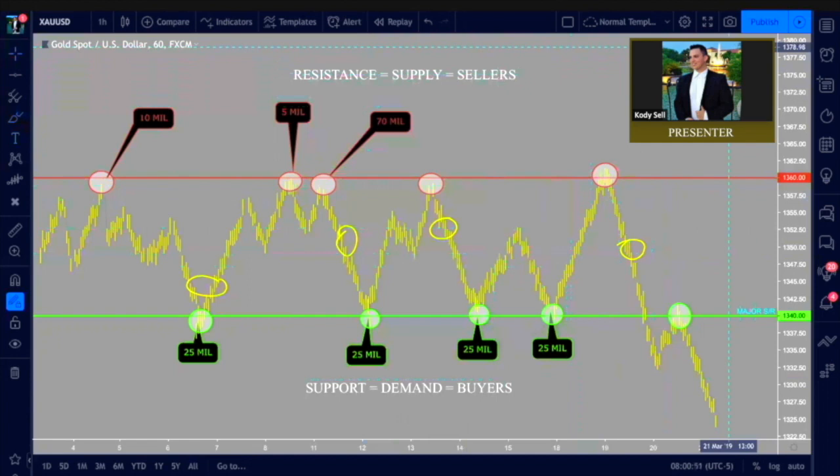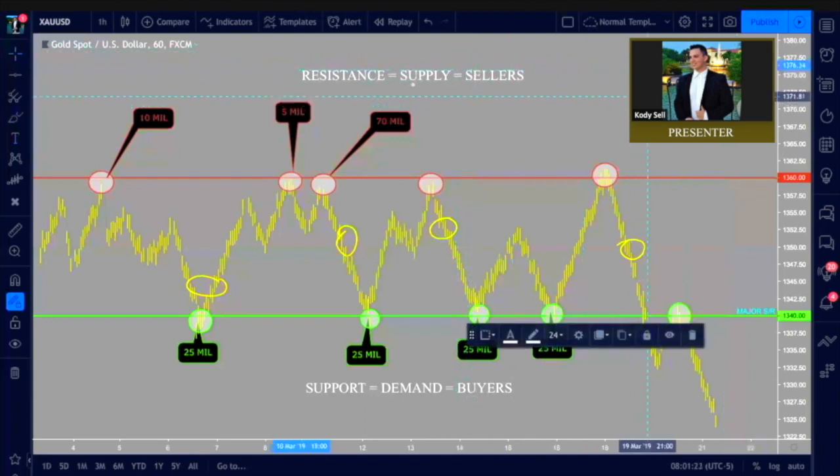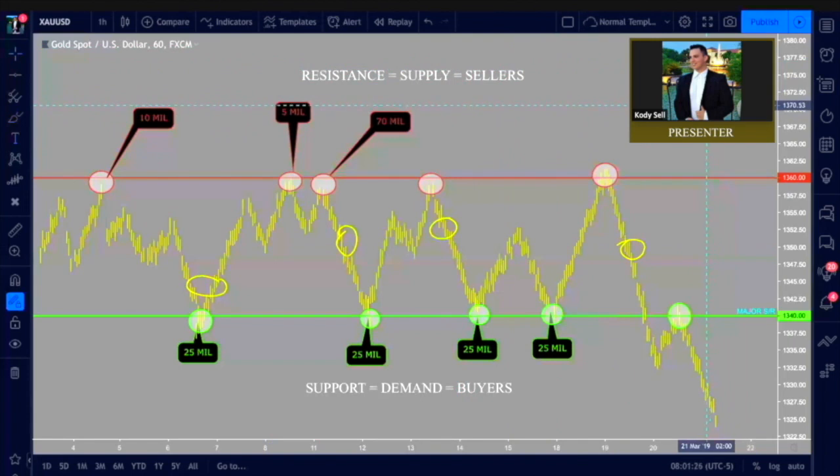So price moves between support and resistance. Supply and demand is what creates that support and resistance. One more time. Supply, that's your sellers. That's the sell off. Those are your peaks. That's your resistance. Demand, those are your buyers. That's your support. Together, supply and demand move the market. Together, supply and demand create support and resistance. Now that you understand why horizontal support and resistance exists fundamentally,